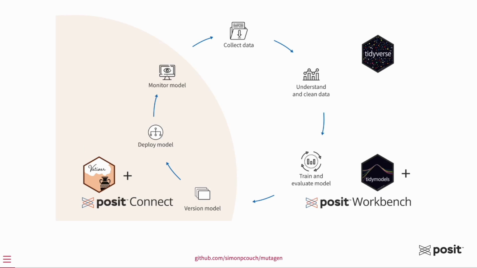I've put together a diagram of the high-level process for developing a machine learning model. The 3 steps that I'm talking about are called out with these 3 hex stickers in the corners. In the top right corner, that first step is to collect data and to spend time with it. Cleaning data, visualizing it, and understanding it are all important first steps to building a machine learning model. When I do each of those steps, I end up spending a lot of time with the Tidyverse packages, which some of you may have heard of.